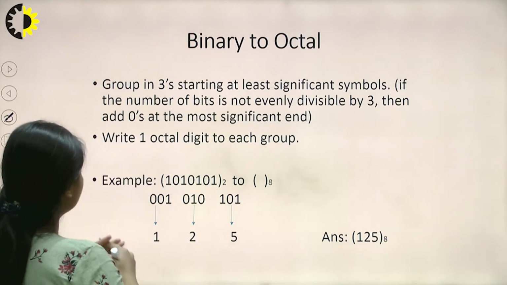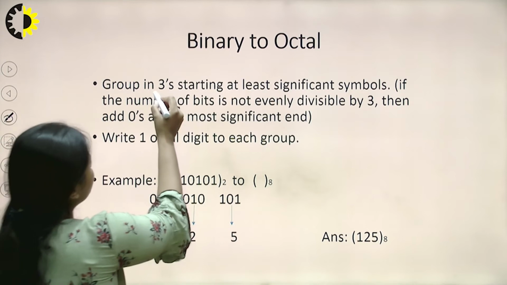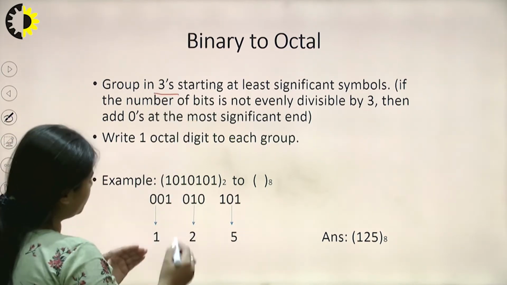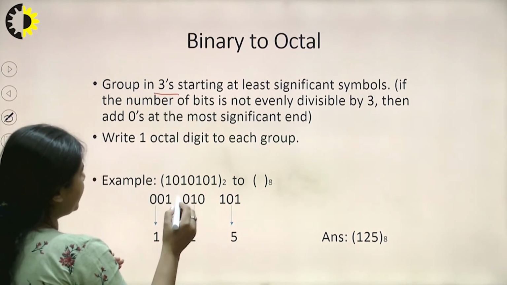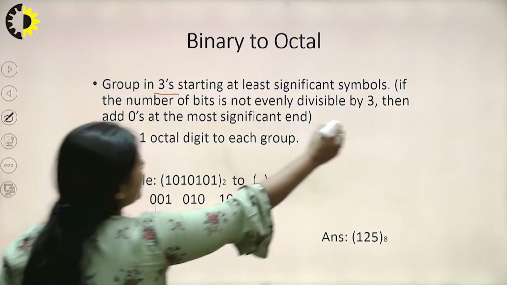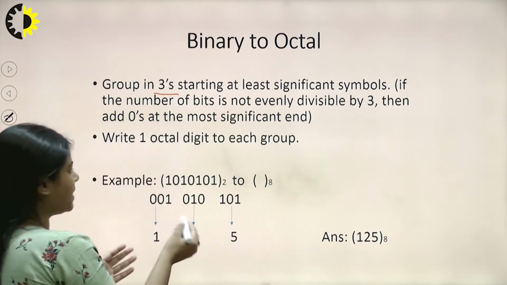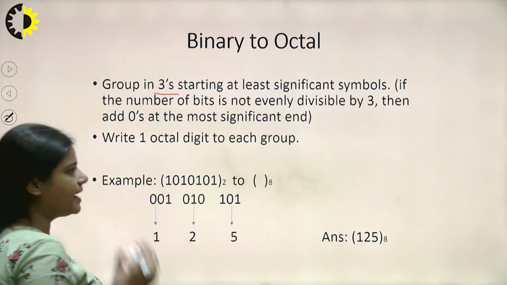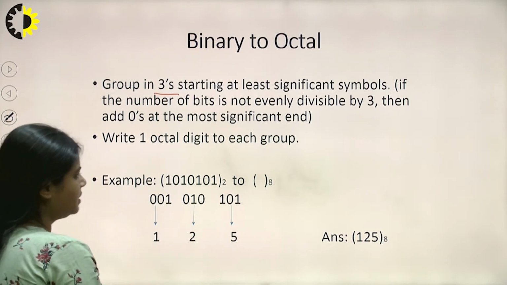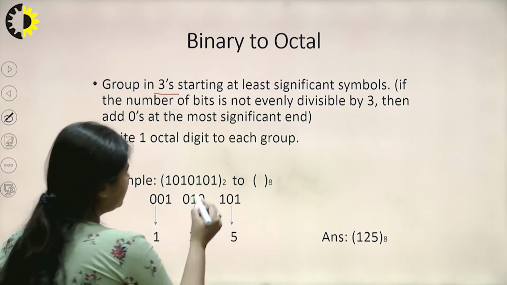First we have binary to octal. We are going to convert a binary number into an octal number. How will we do it? The steps are very easy. We just have to make groups of 3s. We group the digits in groups of 3, and whenever a number is not divisible equally by 3, we just add 0 in front of the digits. Like in this example, we can see that we have